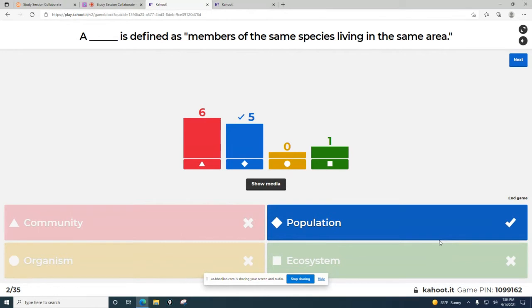Okay, so are we clear on the difference? Because I know there was kind of like a 50-50 split. And then an ecosystem, I noticed somebody also selected this one. Who can tell me what an ecosystem is? That is a combination of living and non-living organisms. Yeah, you're absolutely right. So it's a combination of all of the living and non-living things. So all of the animals, all of the plants, but also the temperature, the pH, the soil, the rocks, stuff like that. Very good. And nobody selected organisms.